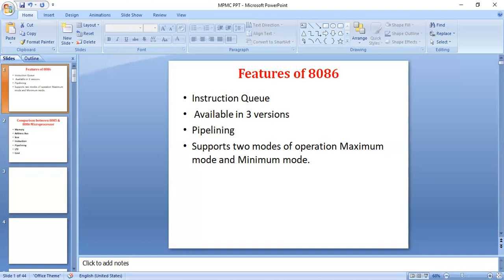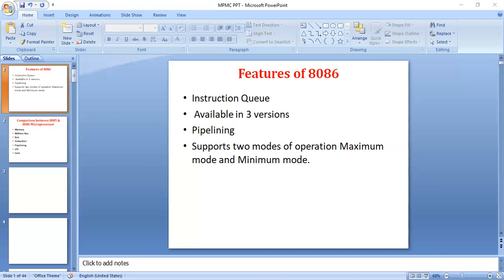Next, it supports 2 modes of operation: maximum mode and minimum mode. Maximum mode is suitable for multiple processor systems, and minimum mode is suitable for a single processor system.